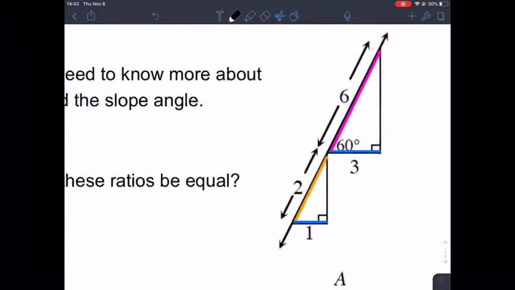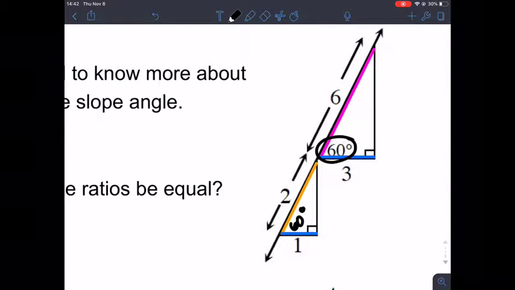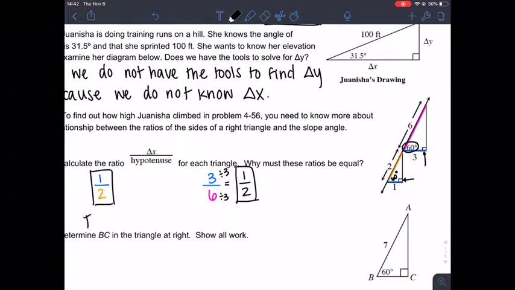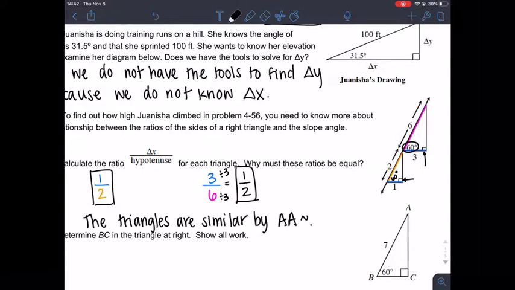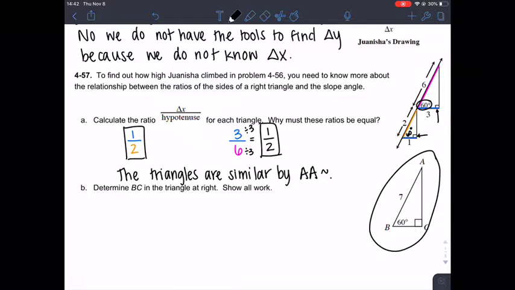triangles are similar. So if this is 60 degrees, that means this angle right here is also 60 degrees. And they both have right angles there, so they are similar. The triangles are similar by angle similarity, one of our 5 similarity theorems that is on the board. So since they're similar by angle, and this one is also similar by angle, since it has a 60-degree angle and a 90-degree angle, I can set up a proportion,